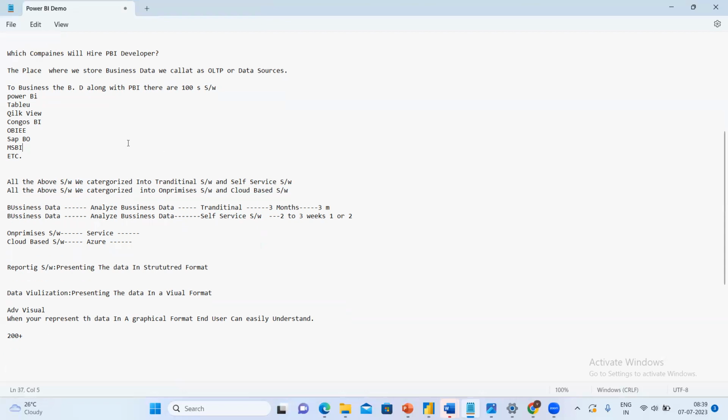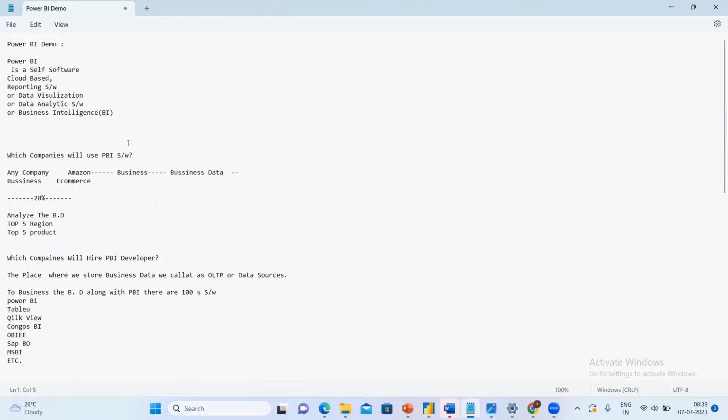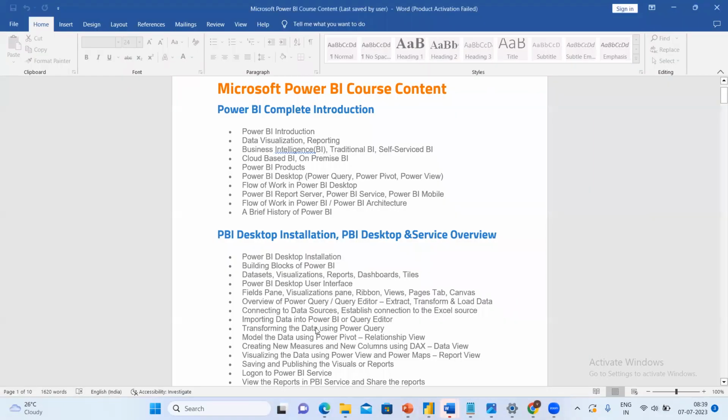Any doubt till now? We'll discuss data analytics and business intelligence in tomorrow's class, where we'll go for the regular class from tomorrow. Let me know if you have any doubt, because it is almost 8:40 and many of you are working people. I will be sharing every session with the recording. There will be assignments module to module and course-wise, for whatever I teach in these 30 to 32 days of working sessions. I will be sharing the content, and you can also check each topic from the Microsoft Power BI content.